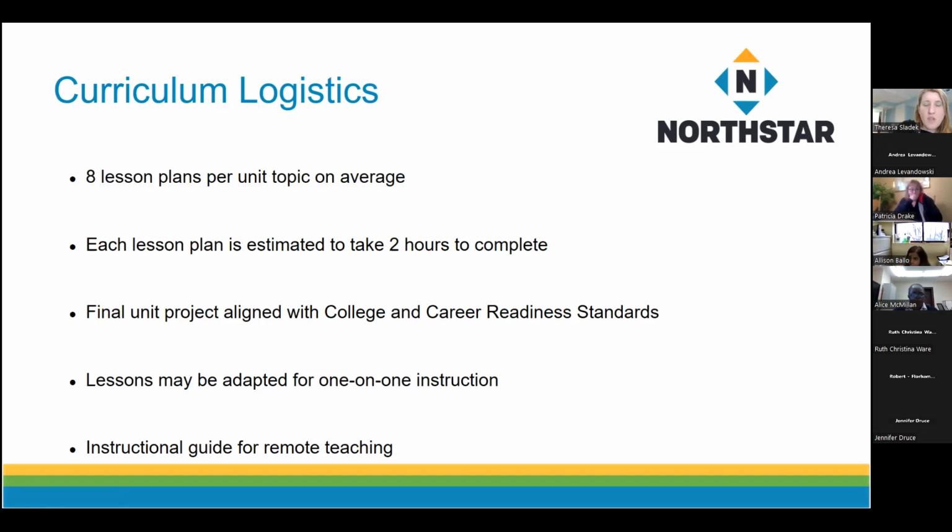Each topic also has a final unit project, which is more academic in nature. You can use it that way as you're taking a paragraph, looking at the main topics, and reading for details. But if that's something you're not interested in, that's fine too, because the learner can just read the paragraph,